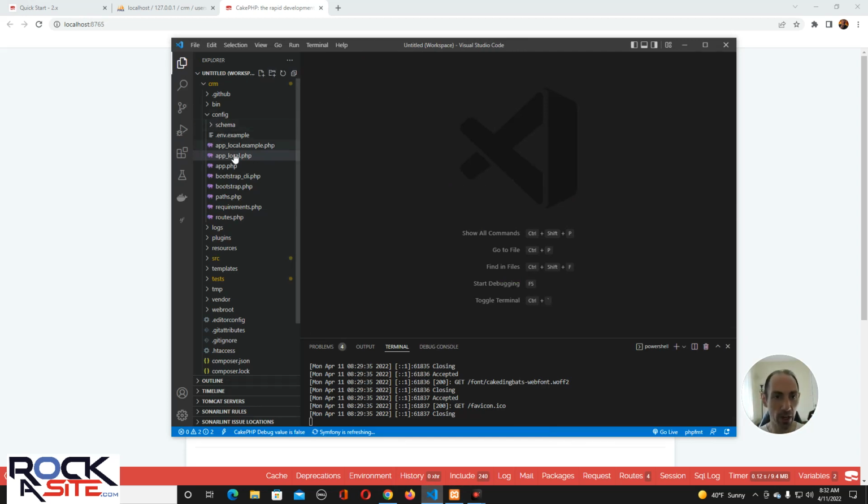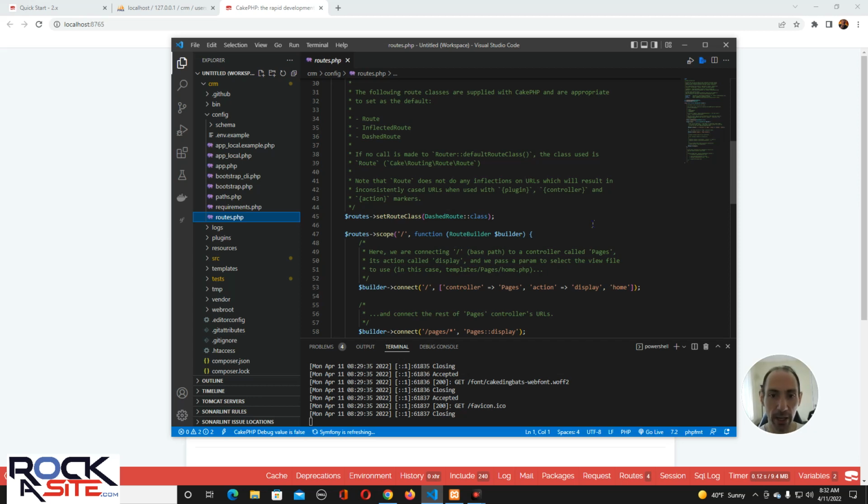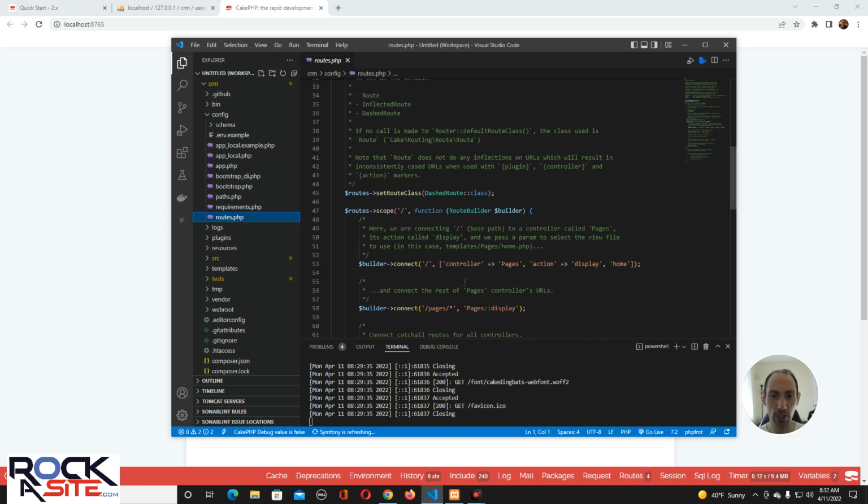Now we looked at the configuration and the bootstrap and all this stuff. One thing you're going to notice in config is there is a routes folder or file. And the routes file, as you can tell, bases itself off of the slash. This is the base slash. Now since we're already hooked up to a virtual server, we don't have to worry about naming conventions like we did with CodeIgniter. But as you can see, the way they put things together, the pages and all that stuff,